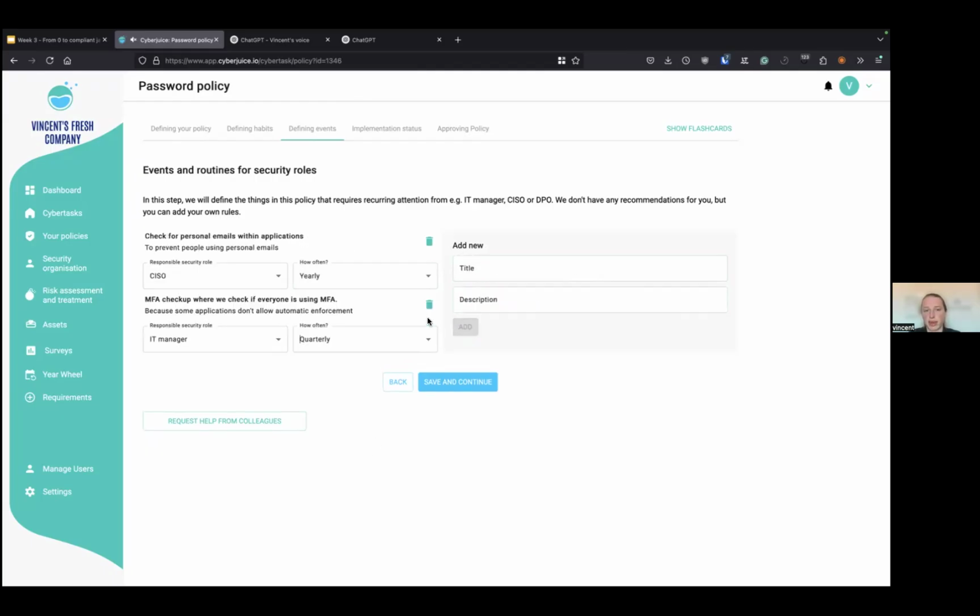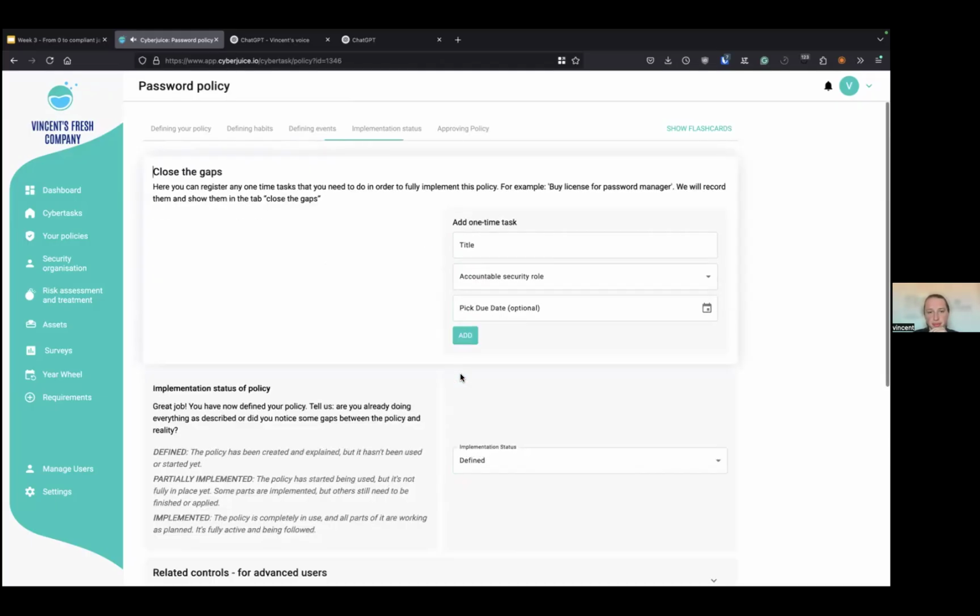And like that, you can add a few events, routines that security people need to do in order to make sure that the risks regarding passwords are managed and under control. Then you can close the gaps. So these are like one-time tasks you need to do